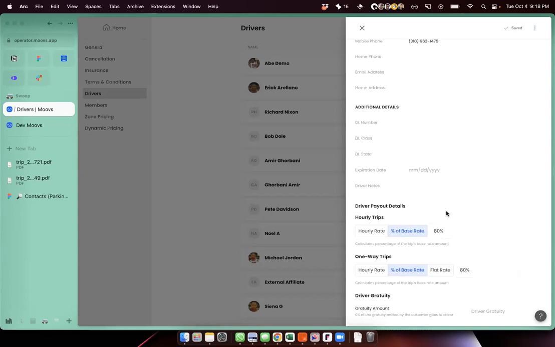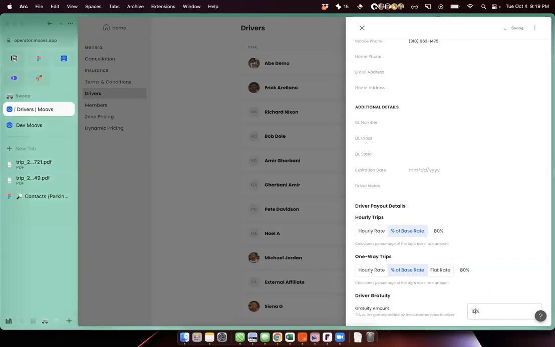But then I can't split out the fuel fee we charge and the tips that go to the driver, correct? Or am I missing something? No, so for tips and fuel fee, you would still have to add that when you're automating the payroll. Okay. Those are the only little hangups we have.